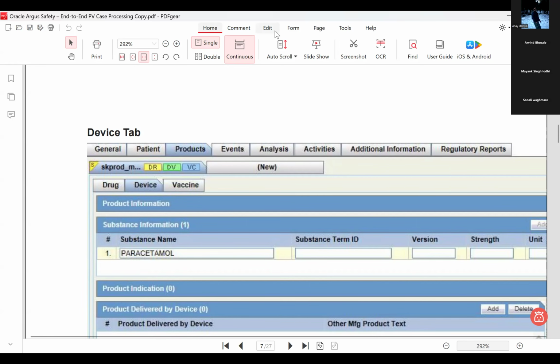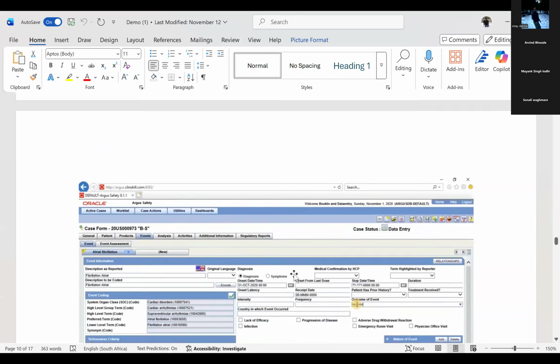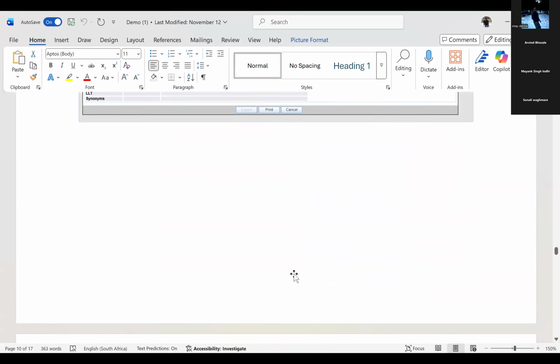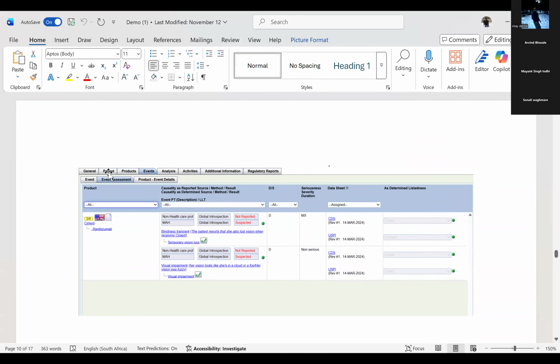Yes, sir. Moving back to the demo. After entering the product information, we will enter the event assessment, that is basically the causality information and the expectedness information. You see,